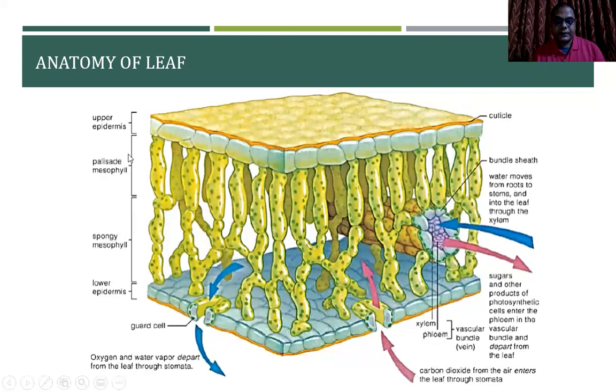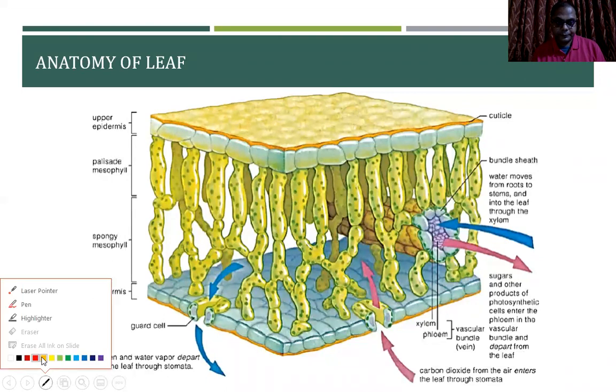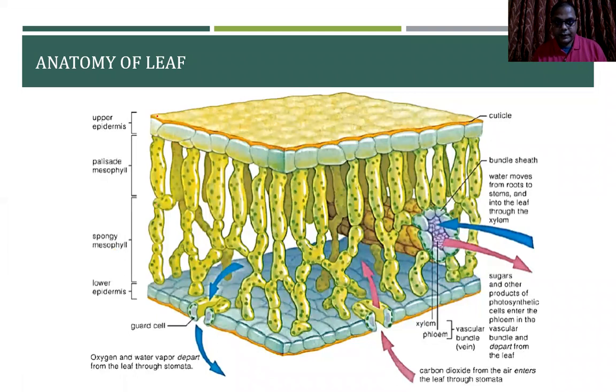Okay. So if this is the structure, we have got the epidermis, that is the upper epidermis, and we have got the lower epidermis. On the upper surface of the epidermis, we have got the cuticle here. This yellow layer that you see in the diagram is the cuticle layer that covers over that. This is the wax coated layer. In the case of plants that are xerophytic, this cuticle is thick layered. Usually the upper epidermis is a single layered cell, but in many it may be a multi-layer cell, depending upon the kind of environmental stress the plant is going through.